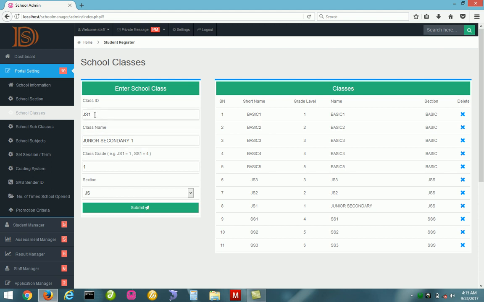Now, if we had entered SS2, SS2, remember, is 5 because it is the 5th class in the secondary section. We'll enter 5 and it will be under senior secondary. Then we'll submit it. But if we had entered basic